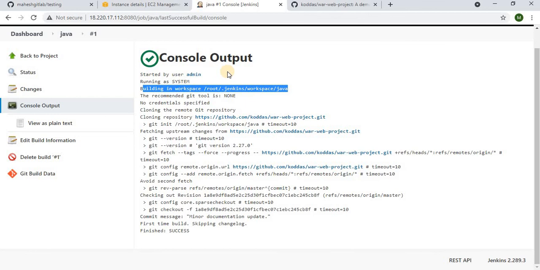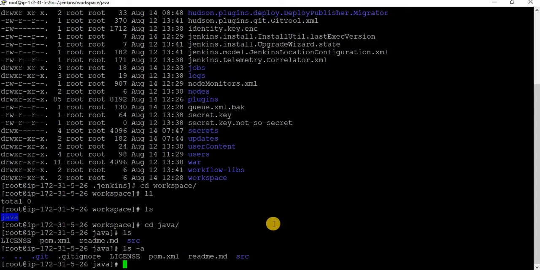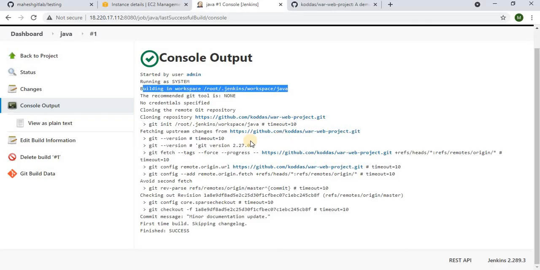Now we have downloaded the code and have it handy. We cannot deploy this code on the application server. We have to deploy an artifact on the application server. Last time we deployed a calendar file, so in the same way we have to get something like calendar.war, abcd.war or java.war. How does that happen? It happens through a build tool, not this build, but a build tool, meaning the Maven tool.